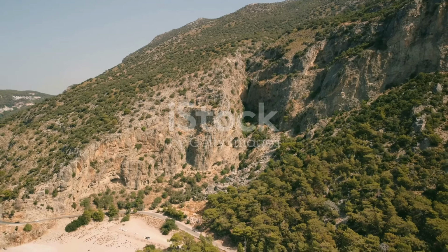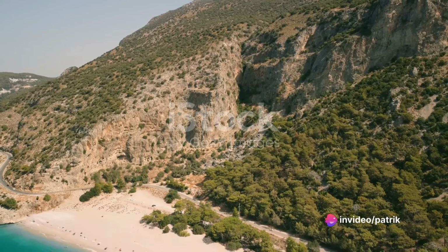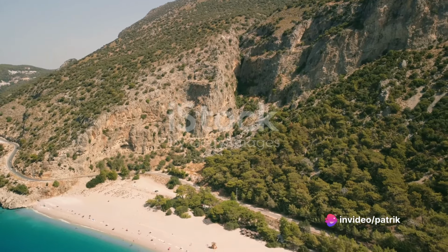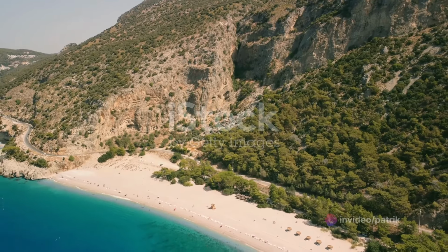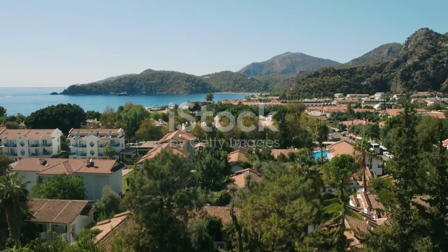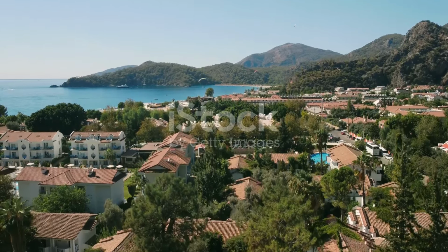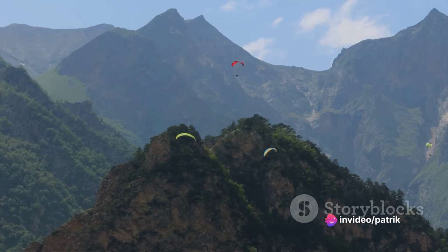Imagine soaring above the beautiful landscape, the wind whipping past your face as you glide through the air. It's a dance with the elements, a sublime communion with nature that will leave you breathless. The beauty of Oludeniz unfurls beneath you, a stunning tapestry of vibrant hues and breathtaking vistas. The adrenaline rush, the freedom of flight, the panoramic views all combine to create an experience that is both thrilling